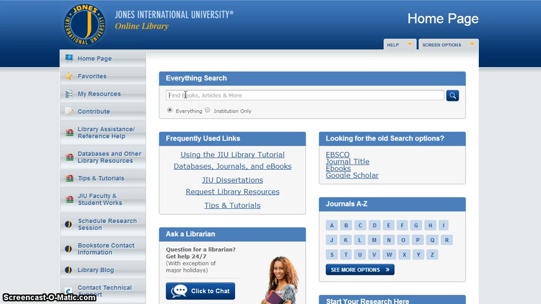So this is a good place to start if you're not sure where to go. But it can also be a little overwhelming, so that's just a warning. But it's a good place to go and generate ideas. And like I said, everything in there goes to our databases, which are great databases, and everything that you can use to find stuff is a tool. So let's look at the everything search real quick.